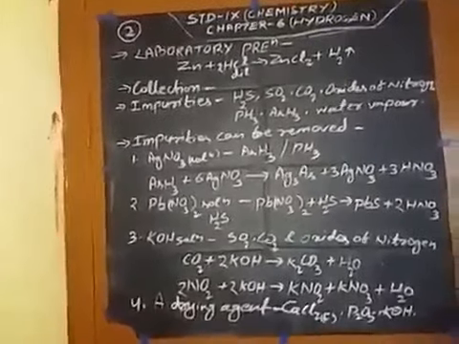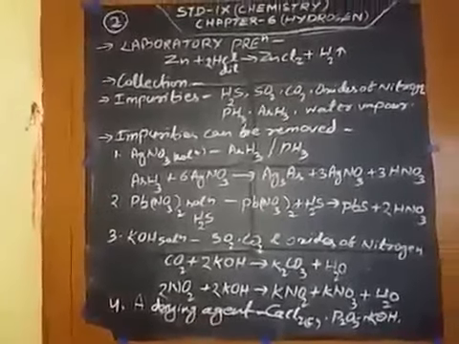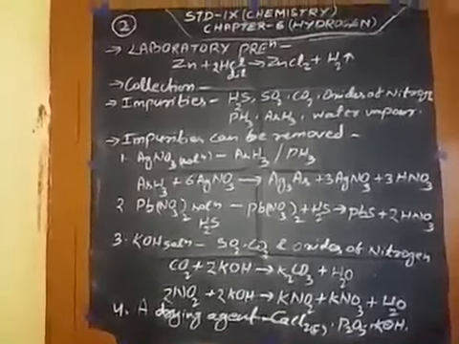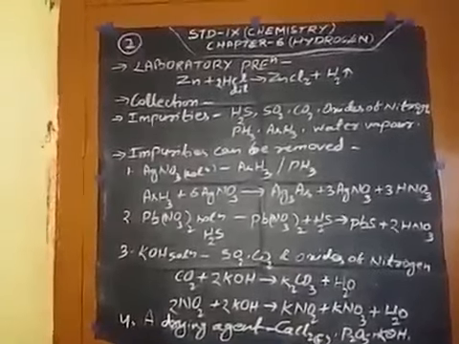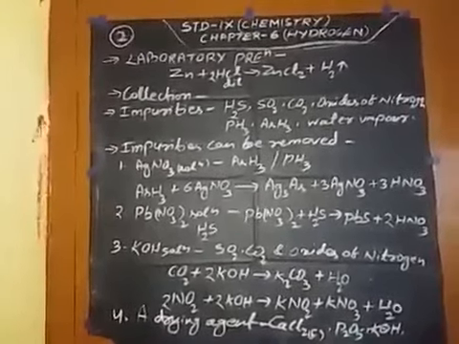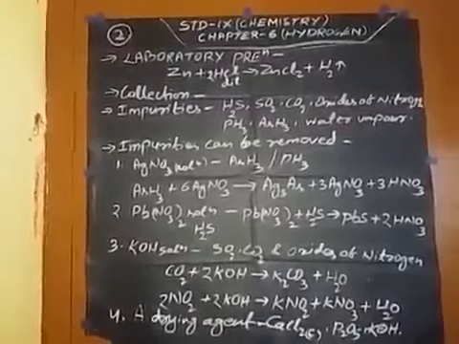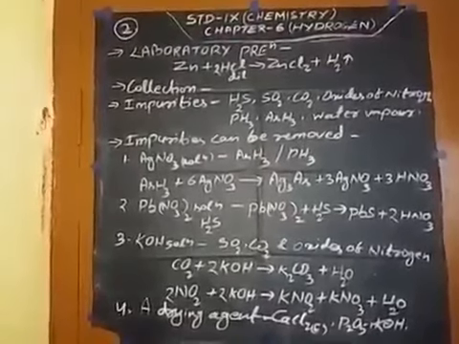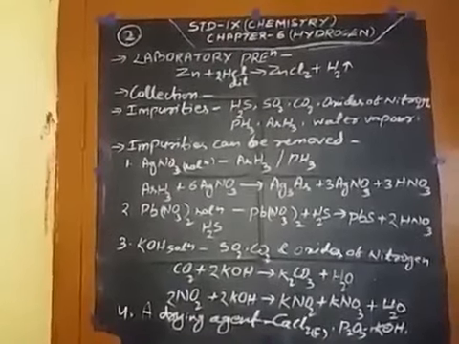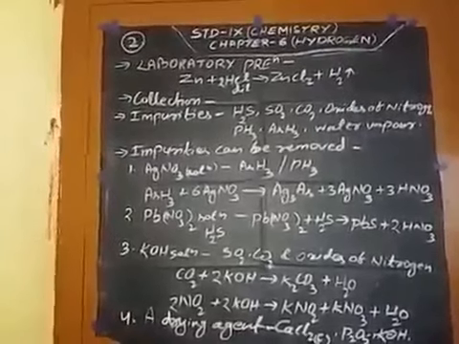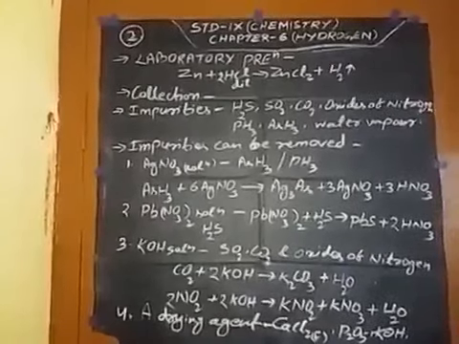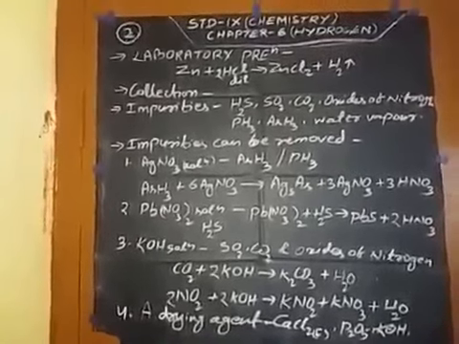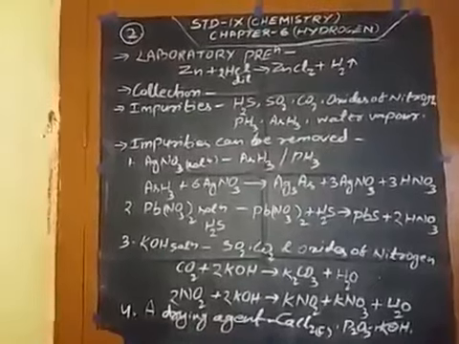Water vapor is removed by a drying agent like fused calcium chloride, phosphorus pentoxide, or caustic potash. The gas is purified and dried and then collected over mercury because mercury has no reaction with it. So see the table on page number 104. Concentrated sulfuric acid is a good drying agent, but it is not used to dry hydrogen as it reacts with the hydrogen to form water and sulfur dioxide.